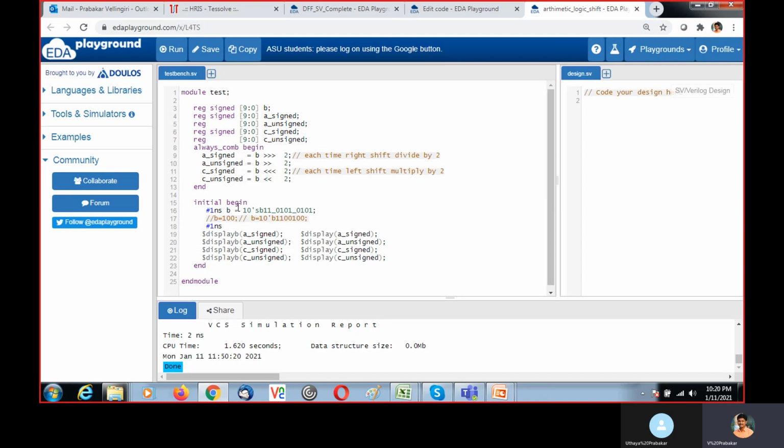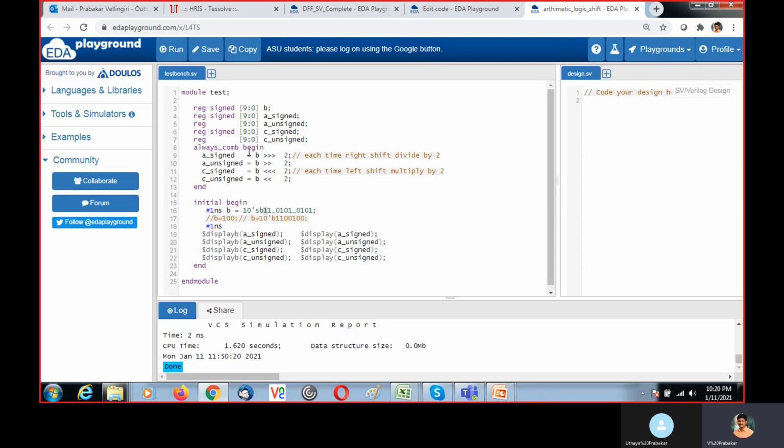Now the value of B is given as a 10-bit signed binary value. It is a negative number, represented with the help of the signed bit.